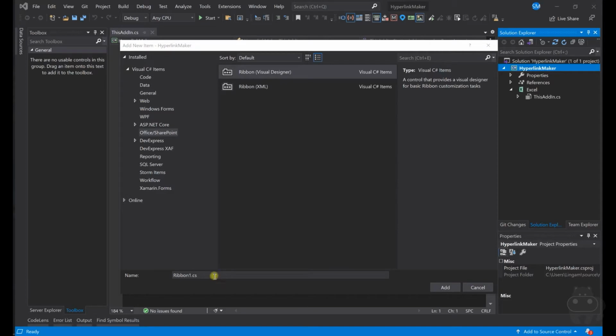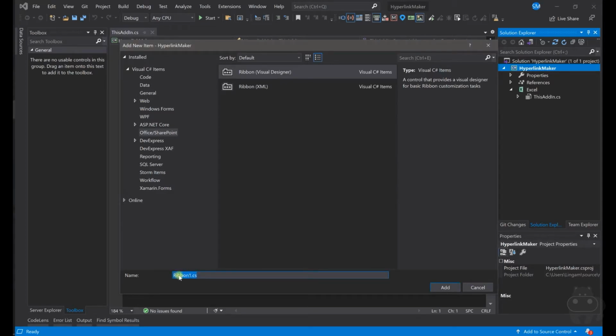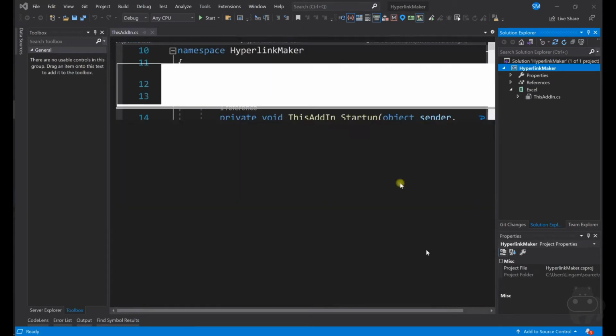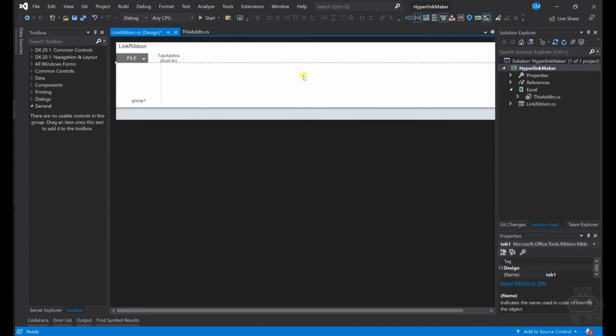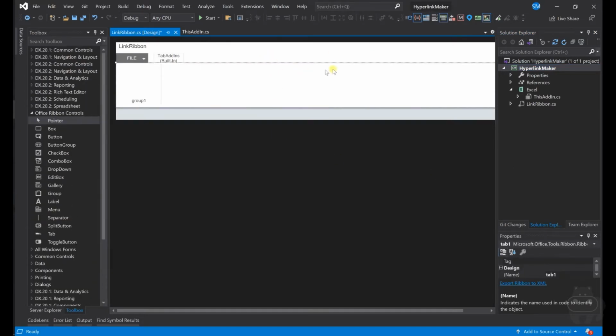So the ribbon visual designer is here, and let's name it link ribbon probably.